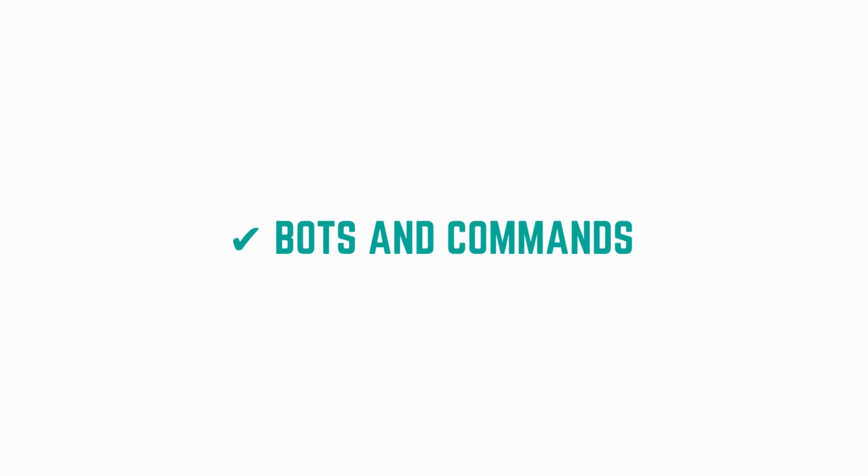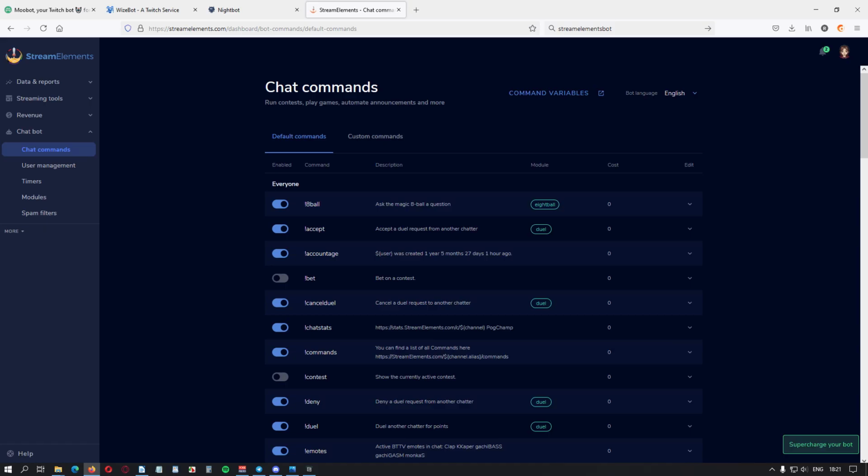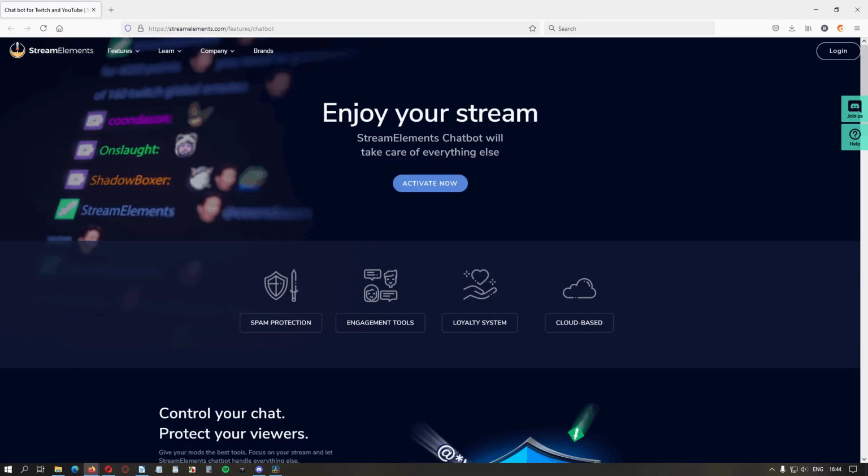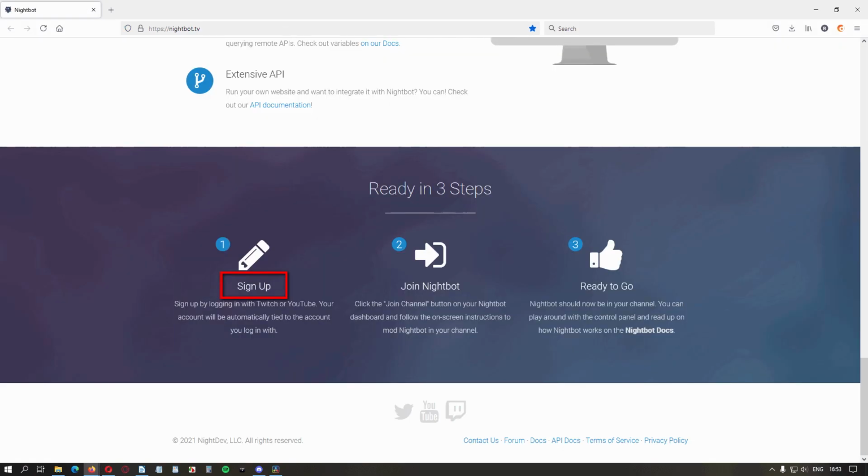Using a bot for your chat to take care of spam and also answering common questions is a must. There are many bots to choose from: MooBot, WiseBot, Nightbot, StreamElementsBot, so you need to do some research and pick the one for you. Once you choose the bot, connect it to the streaming platform and use custom commands like